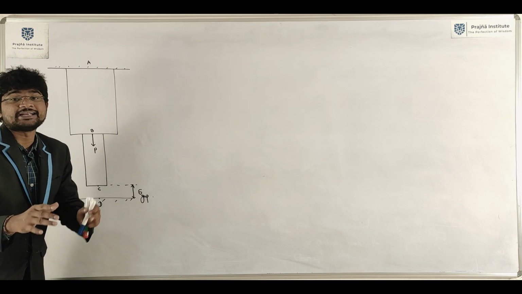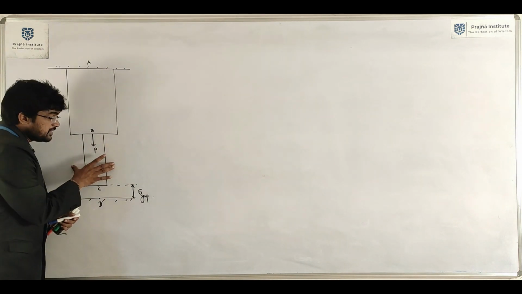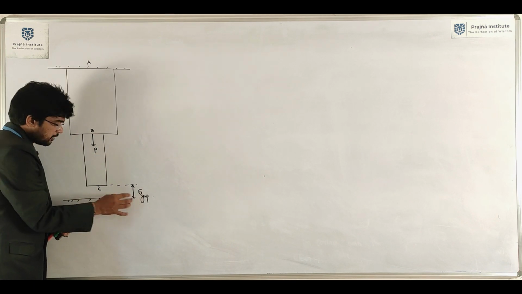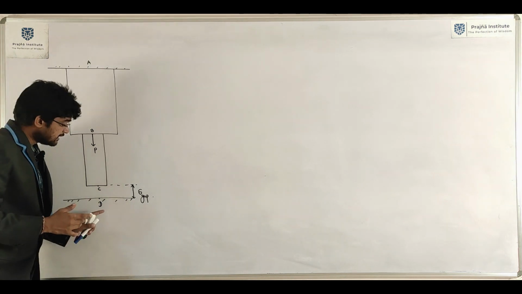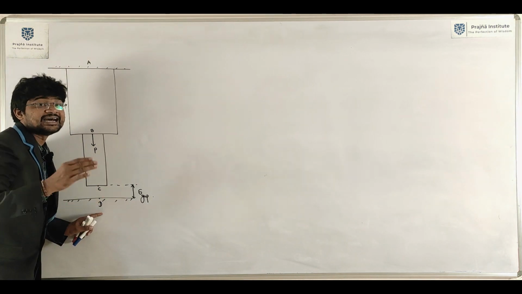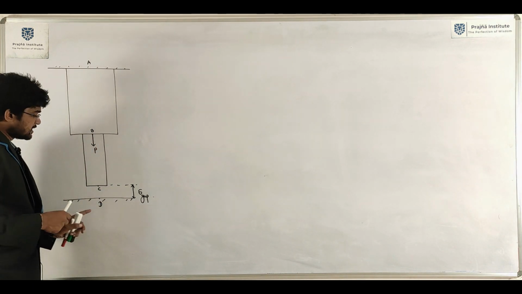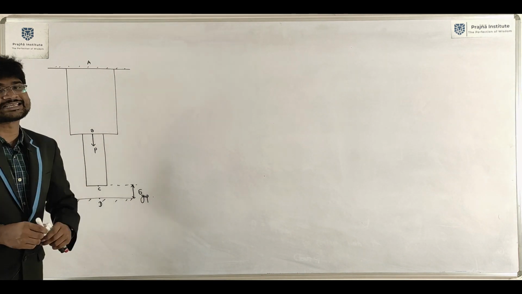First we need to determine total deformation. If total deformation is greater than or equal to delta gap, this particular point C will coincide with point D. In that case, support reactions we will get, so then RD will come. So how to solve this kind of problems?